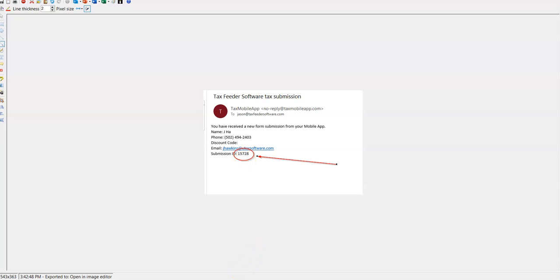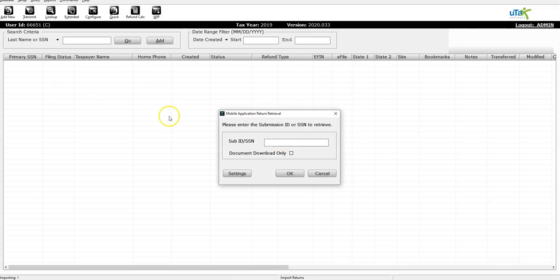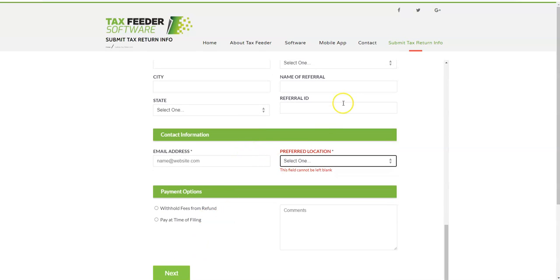Why that's important is because once you're in the software, from the work in progress screen, all you're going to do is click on this mobile app retrieval utility tool, and it's going to ask you for that five-digit submission ID. It's going to pull all of that client data into the client data screen within the software. Once you click on Next down here, it's going to take you to the